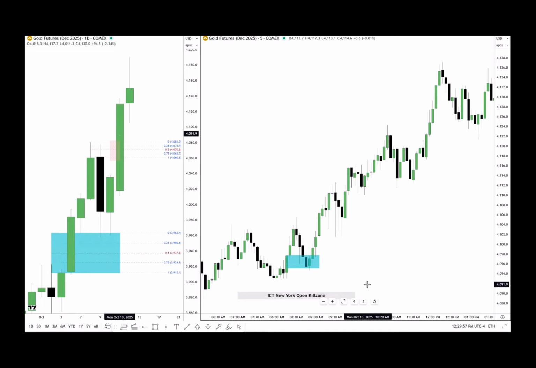How can I do that, ICT? That's exactly what I want to do. Glad you asked. Swing low. Market drops down, clears the sell side, and then leaves. What's this up here? What's this high versus this one? High probability candidate for what? A run on liquidity. So, what highs am I